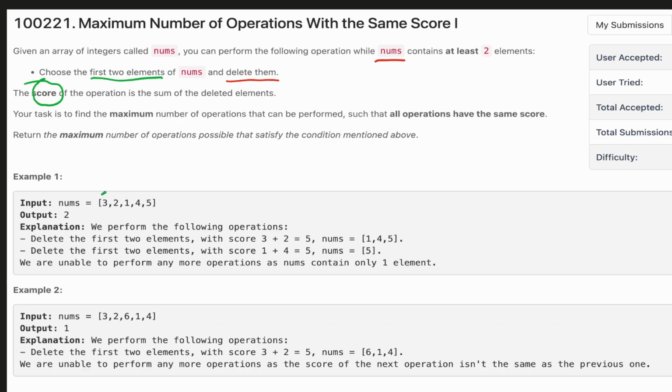For example, when we choose the first two elements 3 and 2, we add them and the score will be 5. After that, we'll delete these two and 1 and 4 will be the first two elements of the new array. And we have to find the maximum number of operations that we can perform such that all the operations